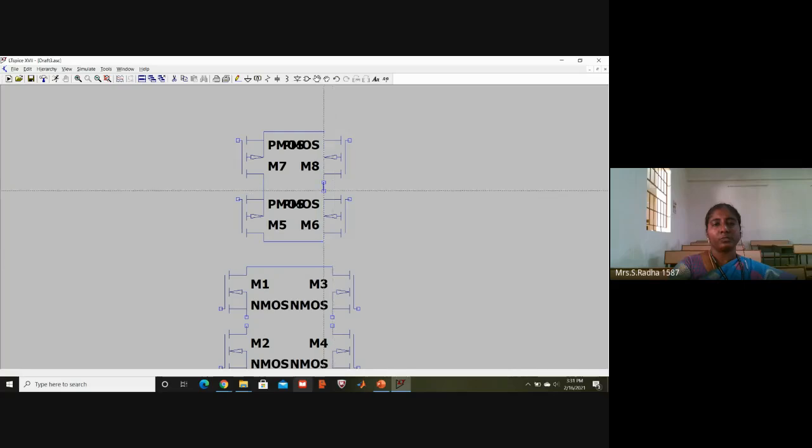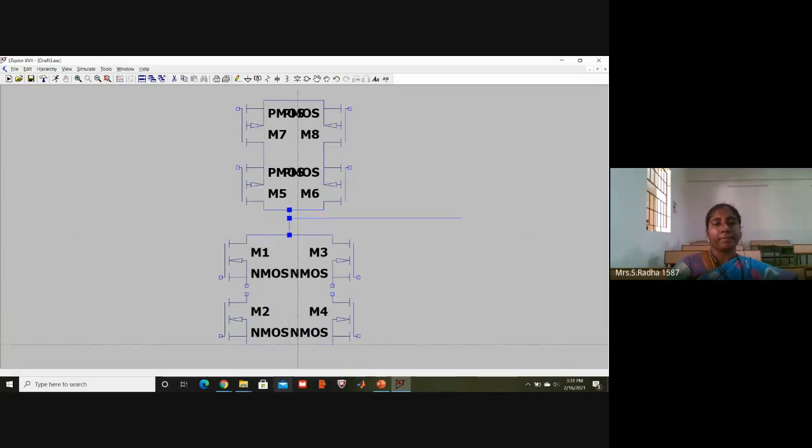PMOS transistors on the top, NMOS transistors on the bottom. This is the point where I am going to take output. Now the window is visible. Join them.